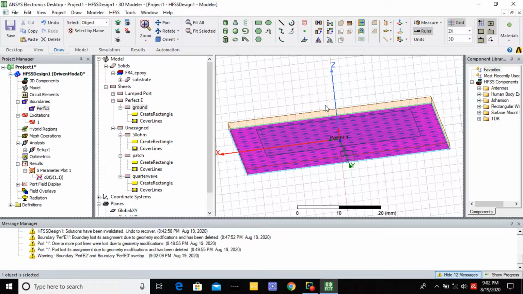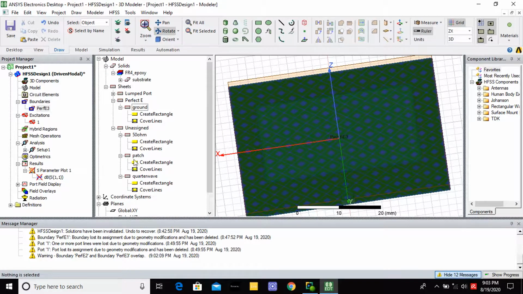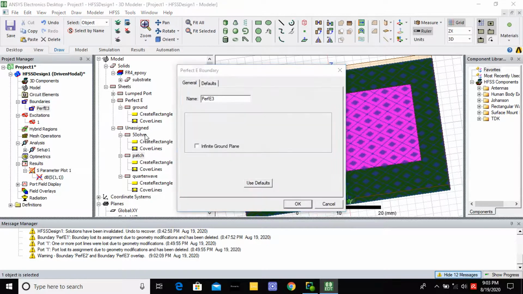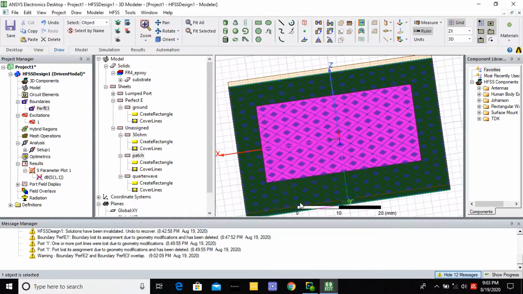Before you assign the patch conducting layer, you want to unite patch, quarter wave transformer and feed line. Three layers you have to unite, because the three are the same. Go to rotate. Here you rotate this object, then go to patch, you select patch, then you give okay.